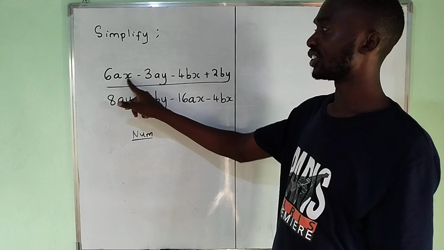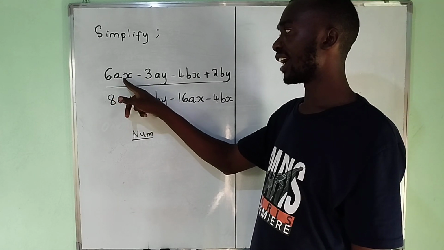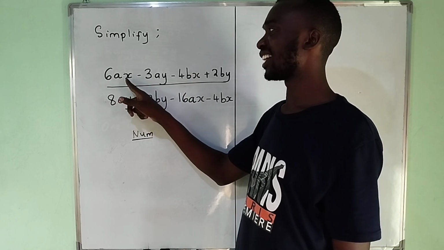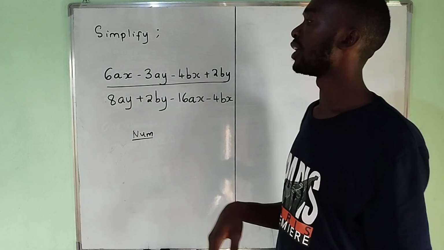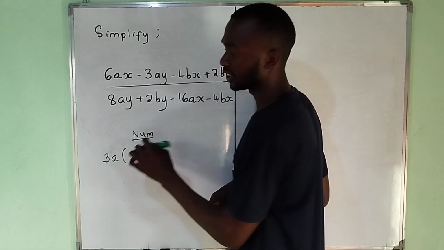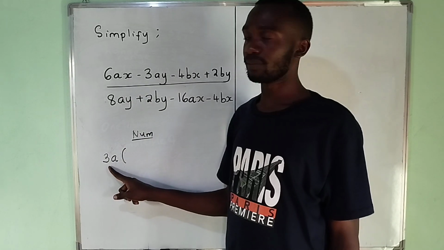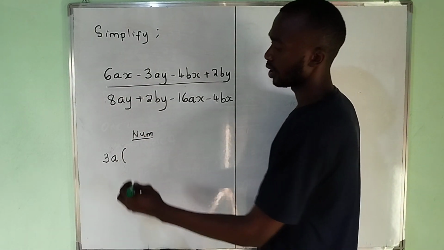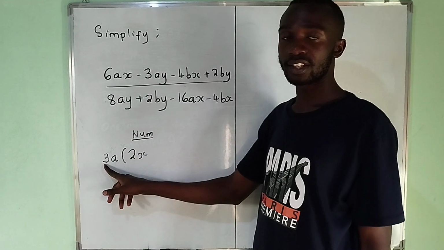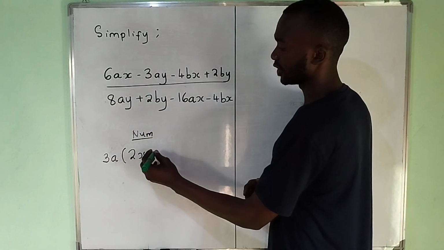Now, 6ax and negative 3ay, we have the common factor in 6ax and negative 3ay. So the common factor, the one that can divide 6ax and negative 3ay, is 3a. So 3a is a common factor in the first two parts of the numerator. So take 6ax divided by 3a, we are going to be left with 2x. Because 6 divided by 3 is a 2. A divided by a is a 1. Then we have x remaining. Then we subtract